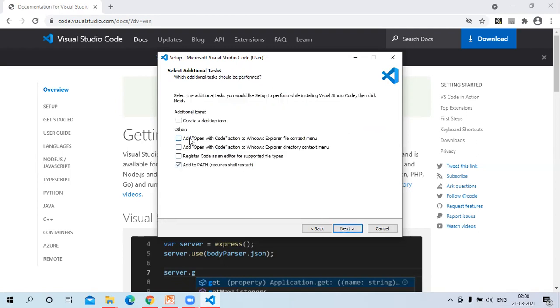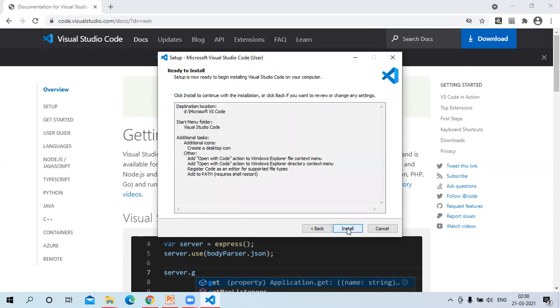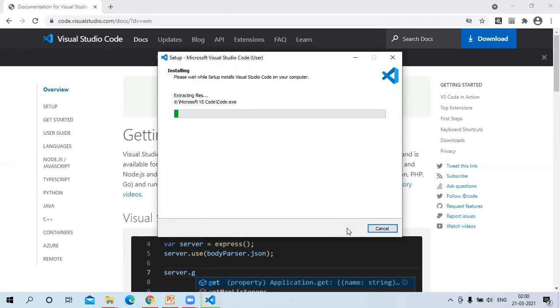So here, create the desktop icon is there. If you want, you give this, and then for the others, you tick all the things. So these are some additional facilities offered by this Microsoft Visual Studio Code. Click next. Click install.